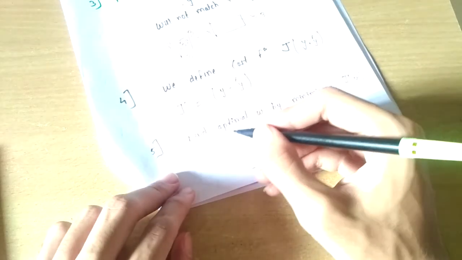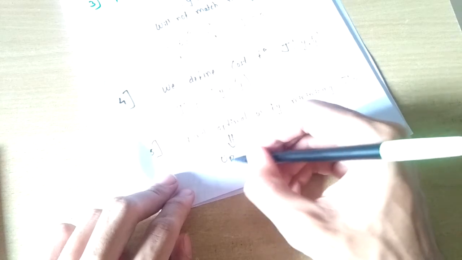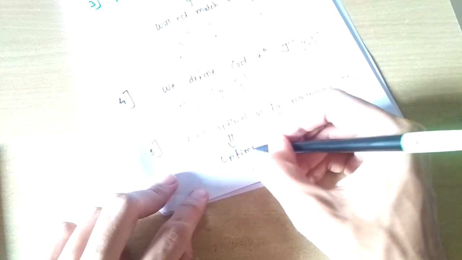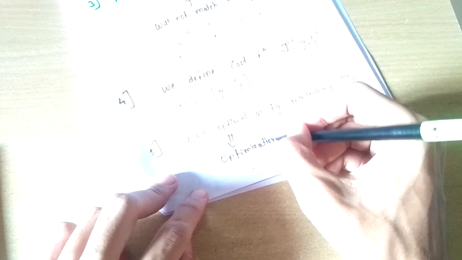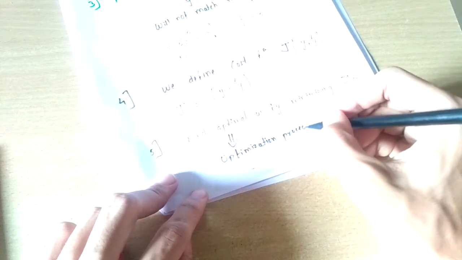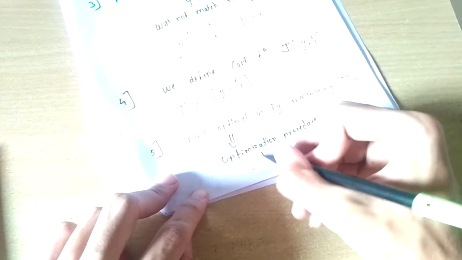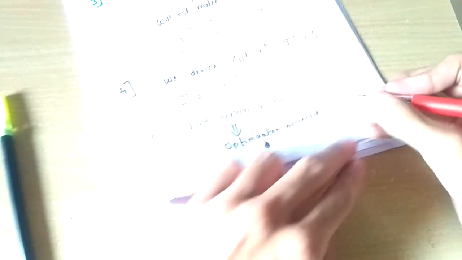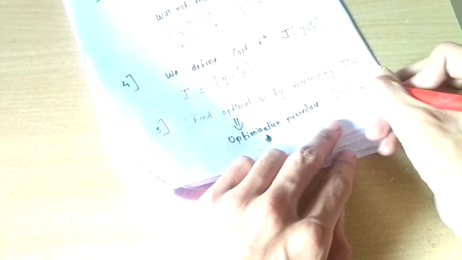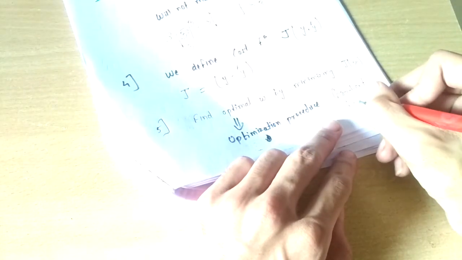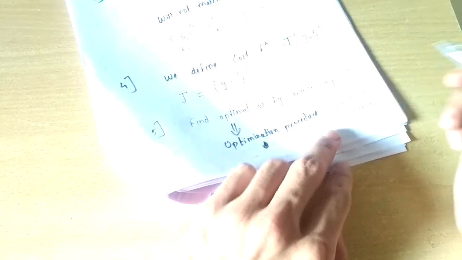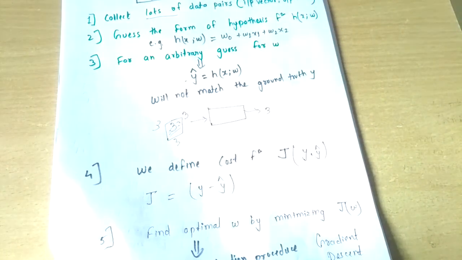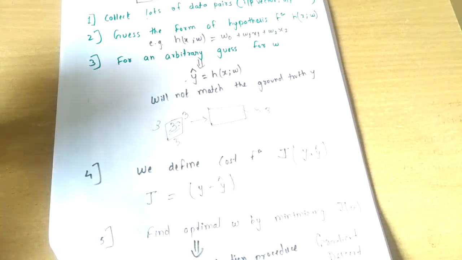And so in order to find this optimal w, we use an optimization procedure which is called gradient descent. There are many optimization procedures and many variants of gradient descent, but we will first show the optimization procedure called gradient descent. So the whole machine learning theory revolves around this: we have to find the weights, right?